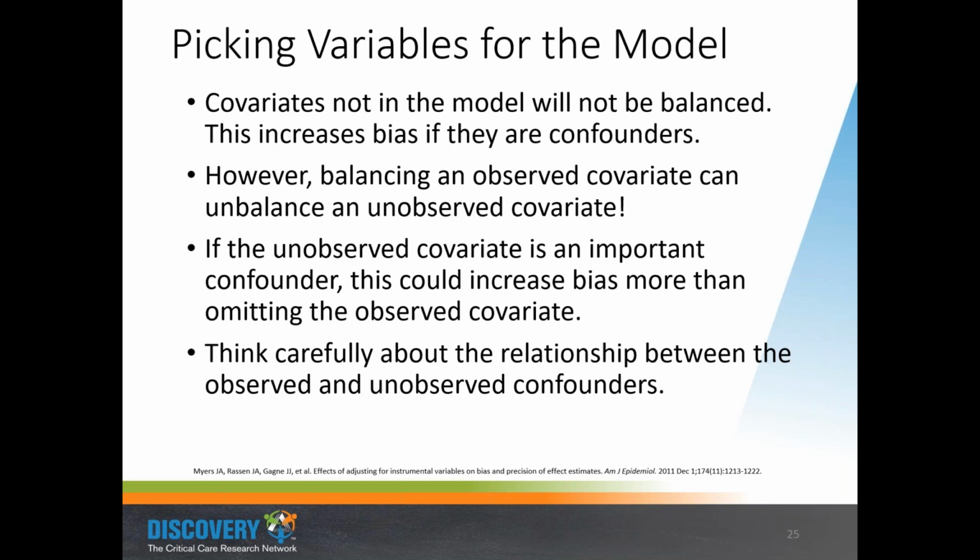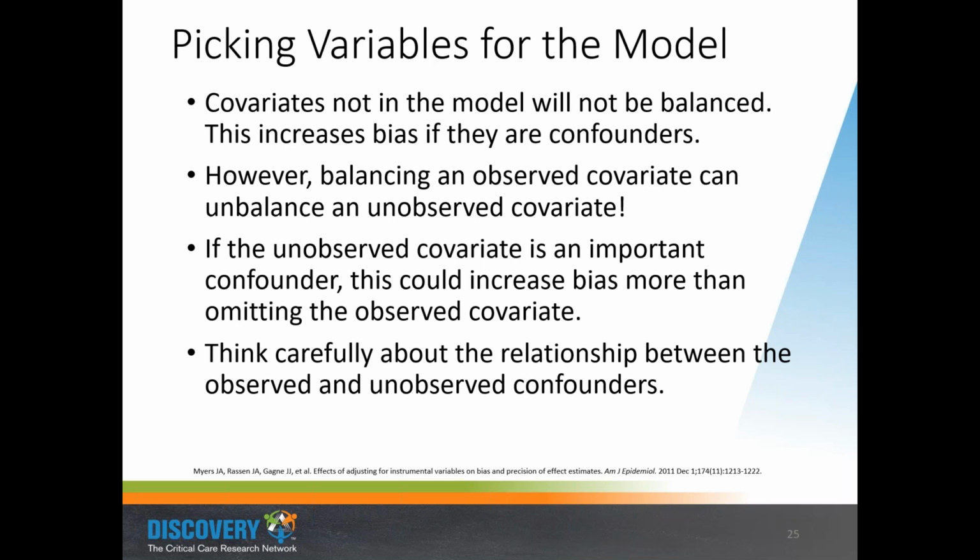Okay, so interesting question. A lot of people want to know, what variables do I include in the propensity score model? One thing that I just realized I didn't put on here, because it's like, if you're a fish, you don't see the water you swim in, is that you do not ever include any variables that happen after treatment, because they cannot affect the choice of treatment. Even though they might help you predict the treatment, you don't want those things. You only want the variables that happen before treatment that could have influenced the decision to treat or not to treat.